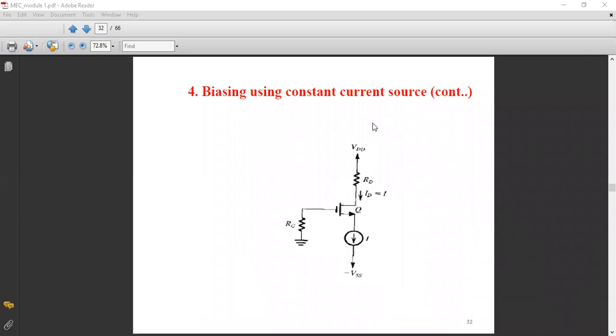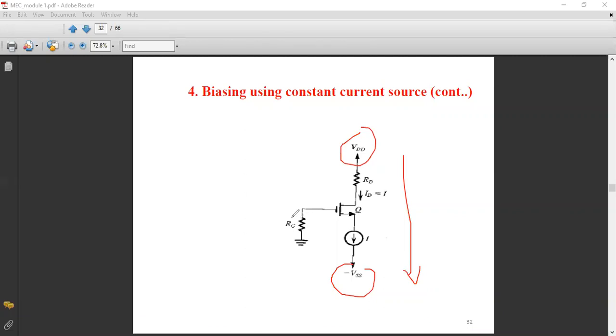So by using additional circuitry, you are going to fix a current I that would pass through the MOSFET terminal. And the current will be constant and it will be equal to the drain current ID. Another important aspect is that unlike the previous techniques, here we have a dual power supply, that is VDD and minus VSS. A positive power supply you will connect at the drain terminal, and a negative power supply minus VSS you will connect at the source, so that the drain current will flow from high voltage to low voltage, that is from drain to source.